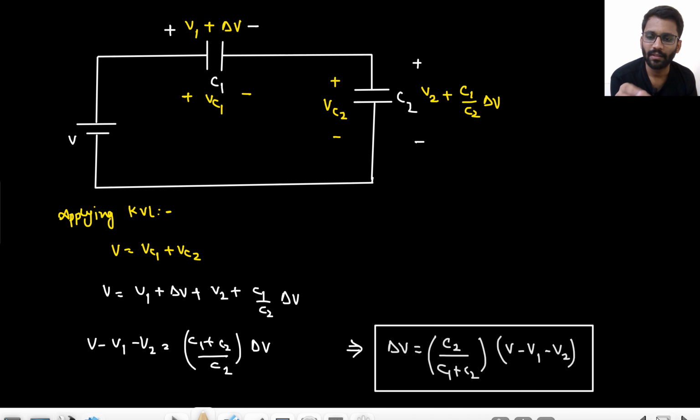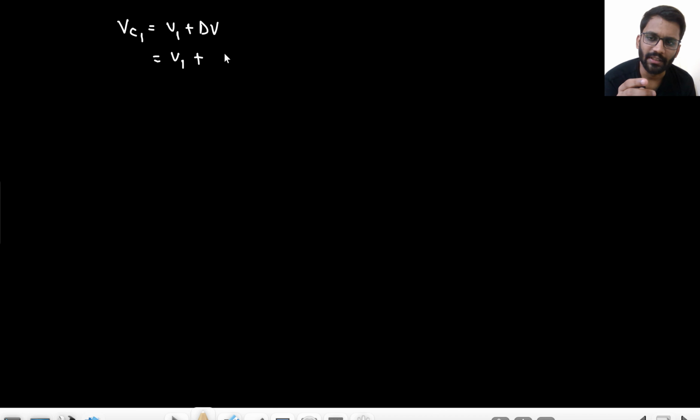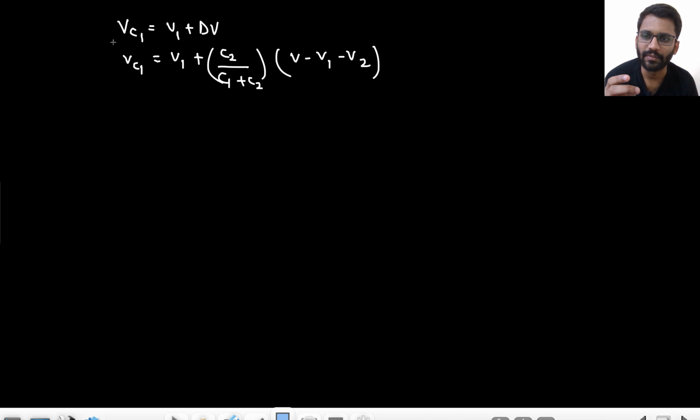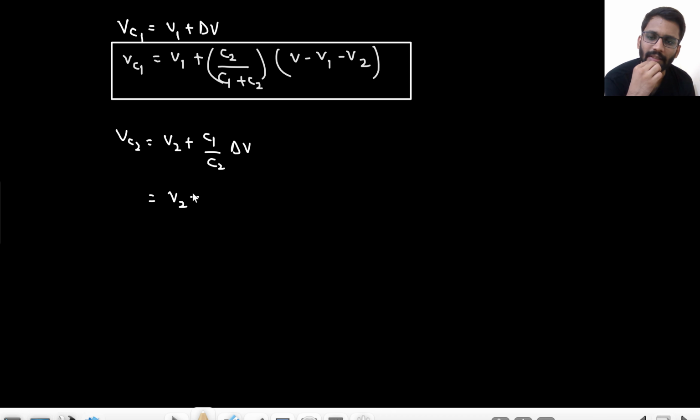Okay. So what will be the value of VC1? VC1 would be V1 plus delta V. And what is the value of delta V? Delta V is C2 upon C1 plus C2 into V minus V1 minus V2. This is VC1 we are getting, right? What will be VC2? VC2 would be V2 plus C1 by C2 delta V, right? It would be V2 plus,